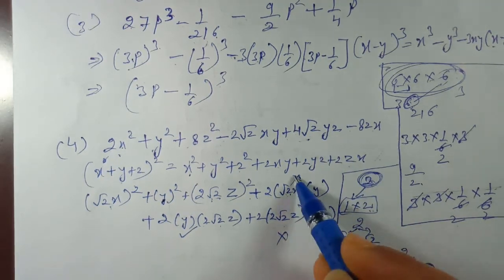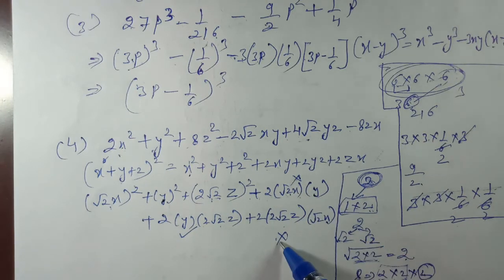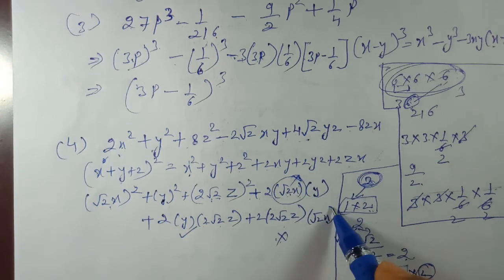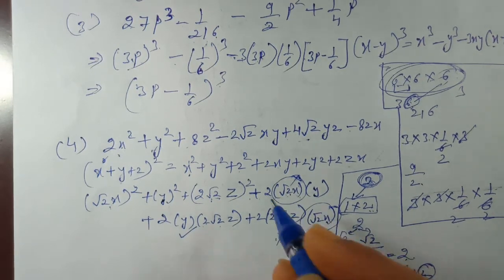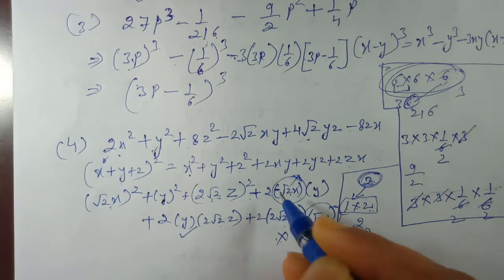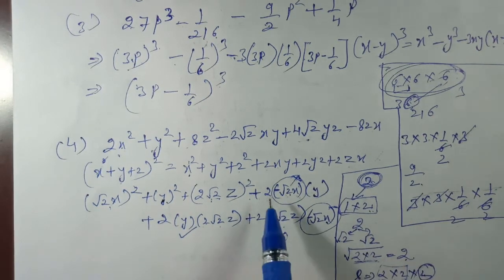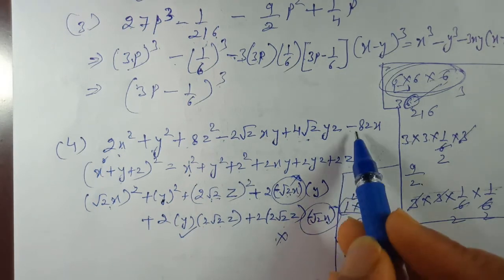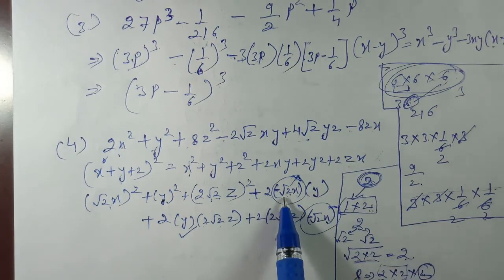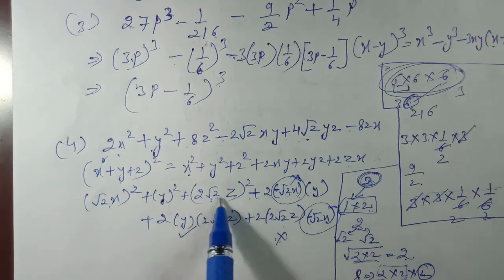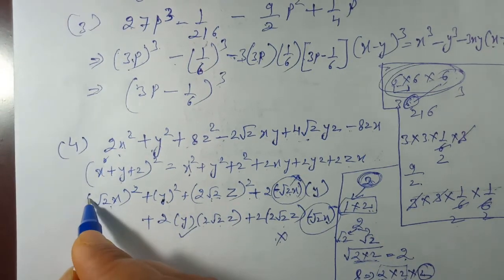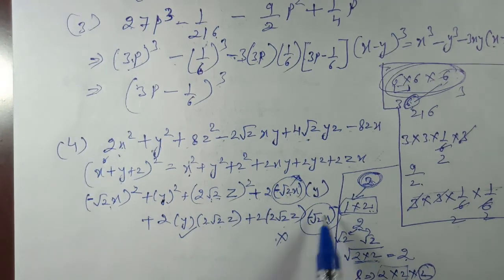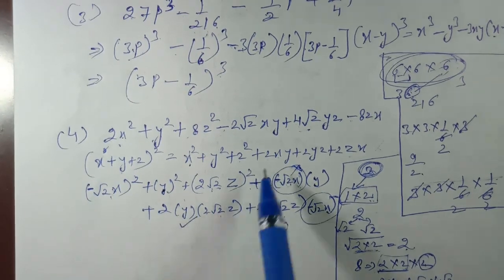So let us take these two parts. We have to find the same term in both of them. So we are identifying root 2x is over here, and here also root 2x is there. So if we take root 2x in negative sign in both of them, then plus minus will be changed into minus, and here also plus minus will change into minus. As we have taken root 2x in negative sign, here also we have to do the correction. We have to take root 2x in negative sign everywhere. So now it is satisfying the right hand side portion.